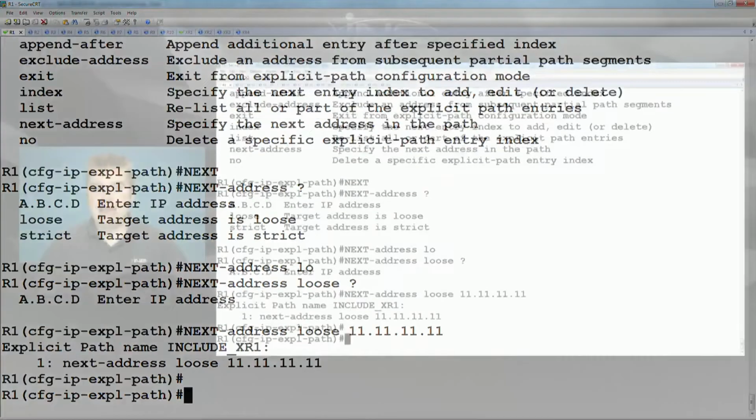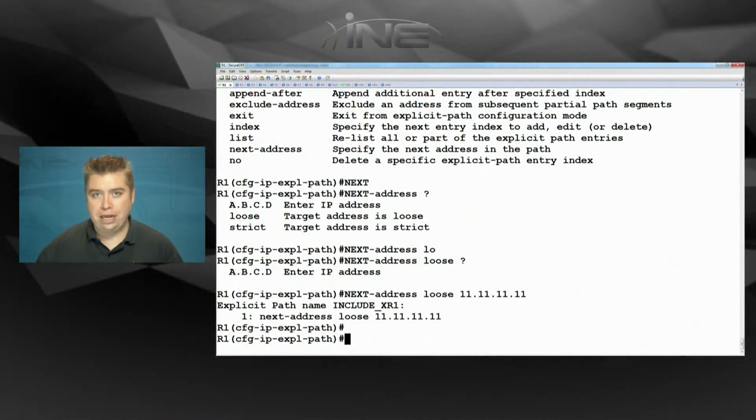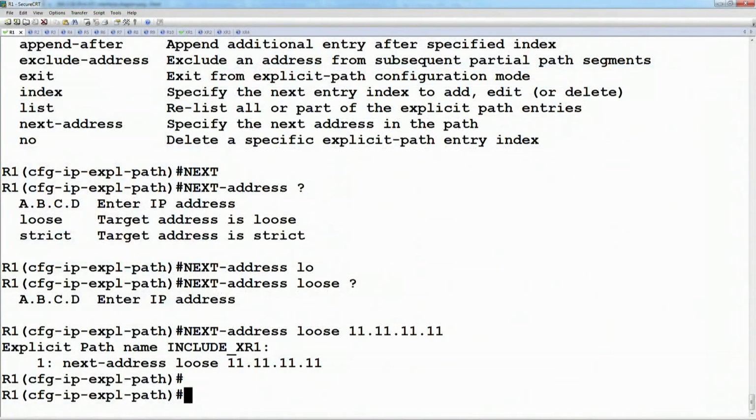So in other words, I don't care how you really route to the destination, as long as somewhere in the path, I want you to include XR1 as one of the hops. So we're essentially doing what used to be called a loose source route, where the source, router 1, is saying I must go through this particular hop in order to get to the final destination. Okay, so now let's look at our tunnel config